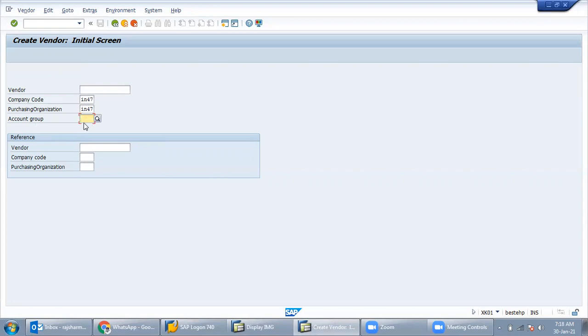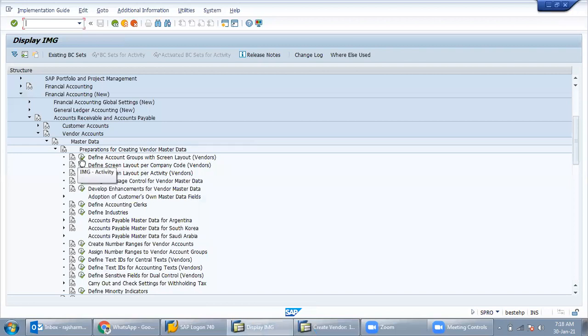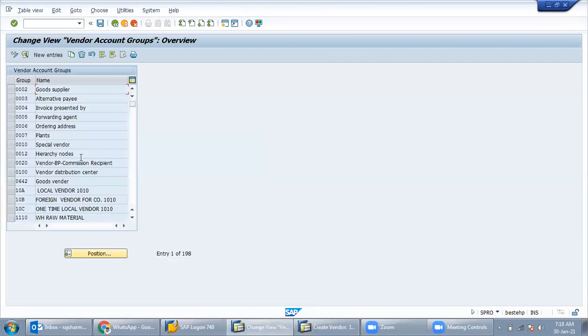So now see account group. What is an account group? An account group is a group by which we segregate the vendors by their business nature. Suppose in a company there are n numbers of vendors, like 1,000 vendors: 500 vendors supplying spare parts, 100 vendors supplying consumable items, 200 vendors supplying raw material, and 500 employee vendors.